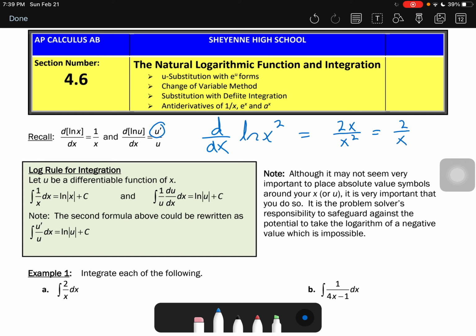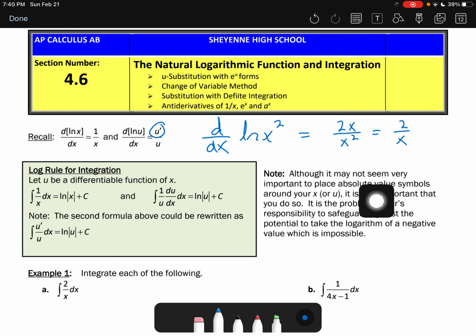Okay, since we know that integrals and derivatives are inverse functions of one another, if I was to take the antiderivative of 1 over x, that's going to be ln of x. And since it's an indefinite integral with no bounds, we have to say plus c at the end. The other thing we need to do is put absolute values around the x, just to ensure that